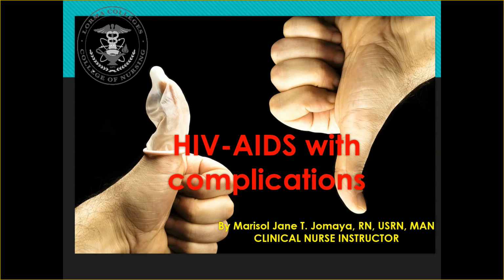Whenever you hear the word HIV, usually it's twinned with AIDS, right? There's a difference between HIV and AIDS. When you are HIV positive, it means you have the virus circulating in your system. But AIDS is the more complicated scenario of an HIV positive patient. Once you have a CD4 count of less than 200, then you could be a person who has AIDS already because there is immunodeficiency already.